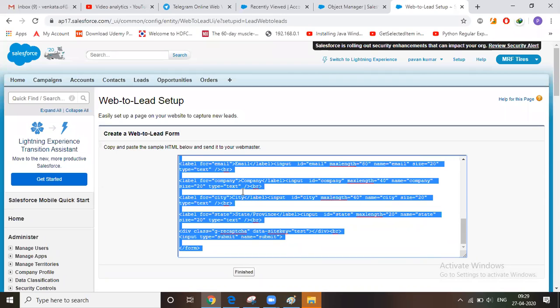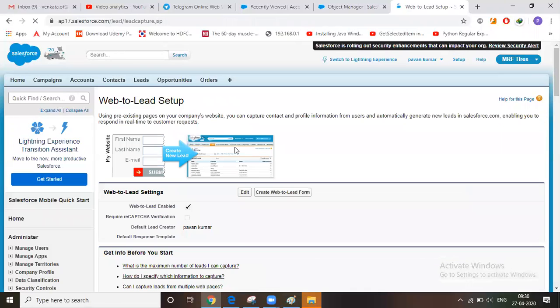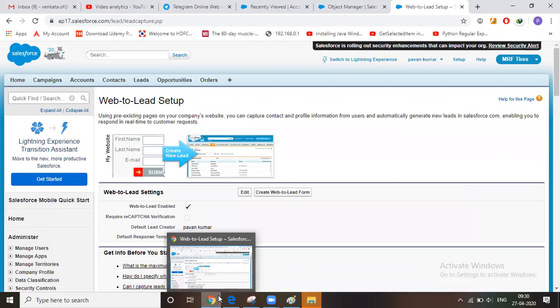If you say Flipkart or some other product, say the MRF Tires website, if I want to submit an inquiry form through the MRF website, this form has to be included in that website. So this HTML code will be handed over to the web developer. Click on finish. You have copied it, right?